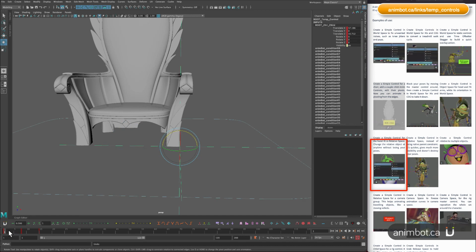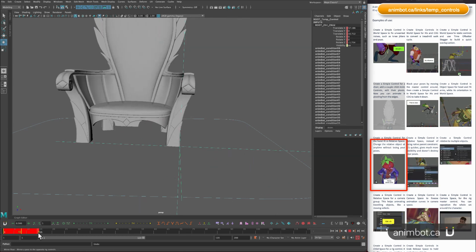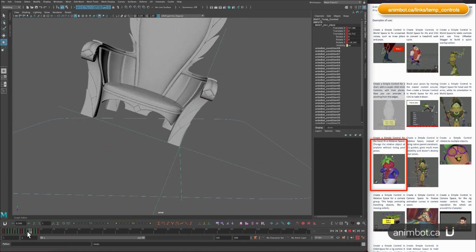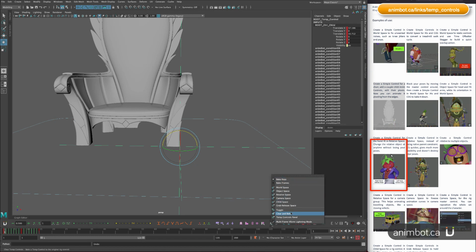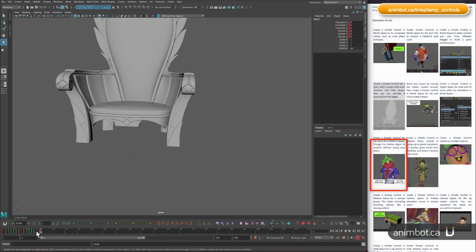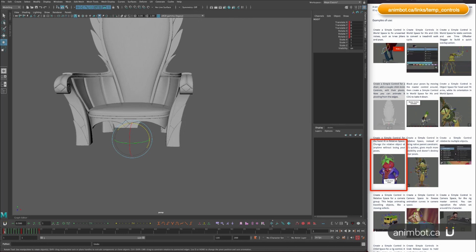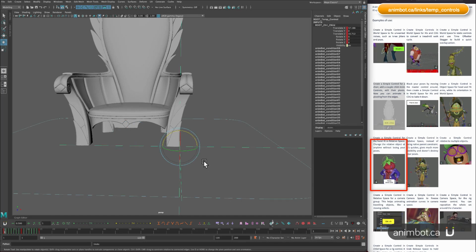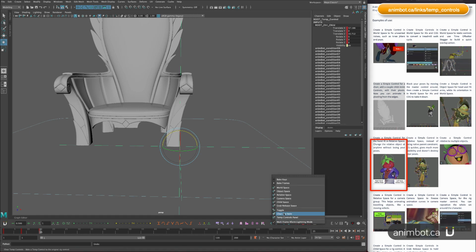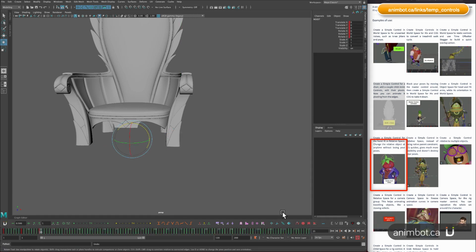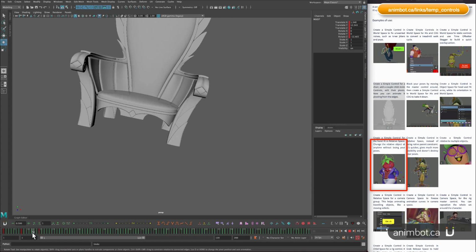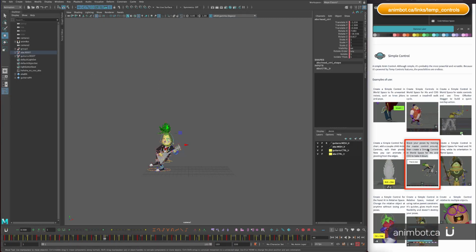So you can either key this section here and then bake, and then it's going to bake it properly, or you can just set to bake frames, but in this case it's going to bake the whole timeline. It's the same thing. So this example here is very similar to this one,